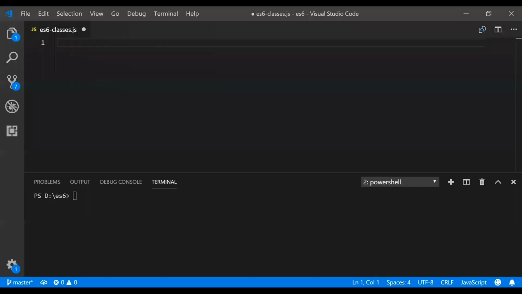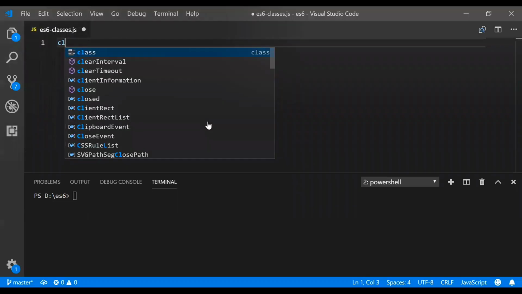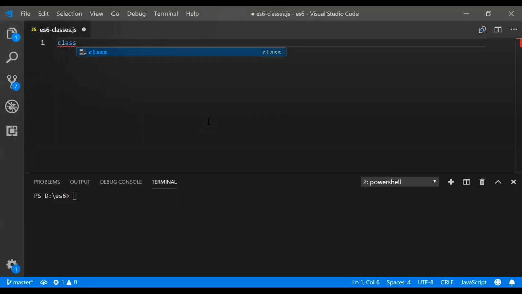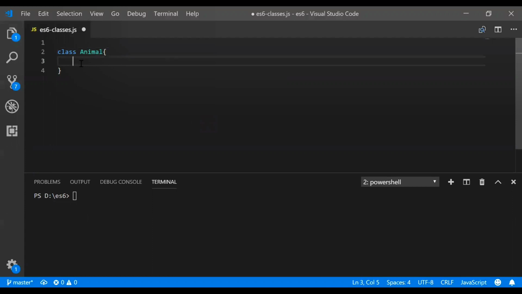Now we will see some examples. Here we are taking a class name of our choice, animal. Remember, the class name always starts with a capital letter, and after that it is camel case. As you already know, the class keyword is always used before creating the class, so don't forget it. So class Animal, and inside the class we will always have a constructor.